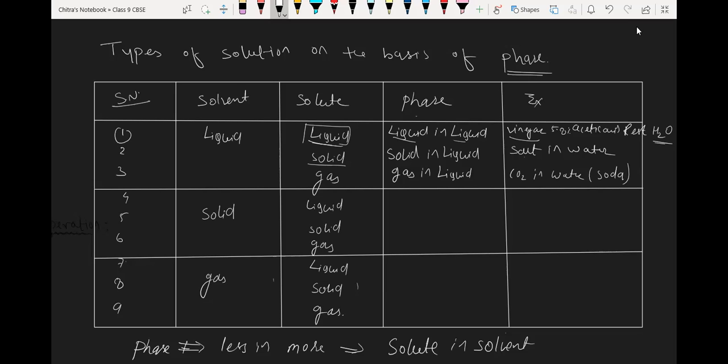So here we have completed three. Sir, a doubt: you told that CO2 is dissolved in water and it is known as soda. Is that CO2 harmful for us? Yes, it is harmful because it is aerated water. That's why Ronaldo removed the Coca-Cola bottle away from him and took the water. Aerated water, whatever liquid we have that is treated with different chemicals, is harmful to our health. Even water contained in plastic bottles is harmful to us.